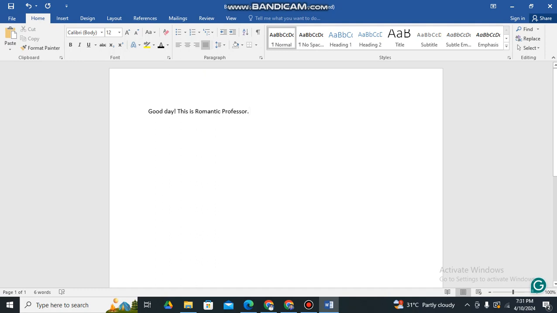First, in order for us to change the font style, we need to highlight the text that we want to change. Let's say, for example, we want to change the font style of all the text here. You need to highlight it first, and then go to the Home tab, go under the Font group, and choose this. We can pick a new font for our text.